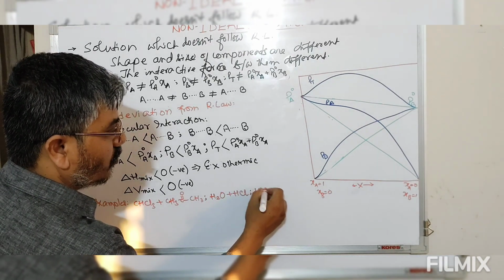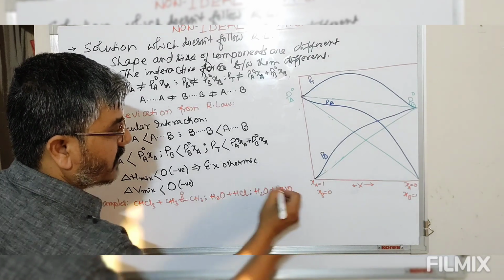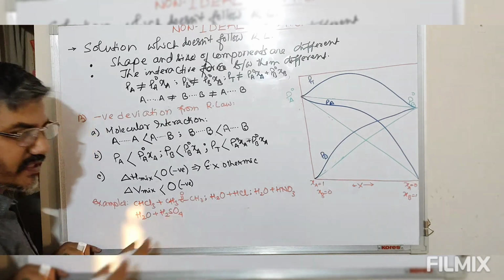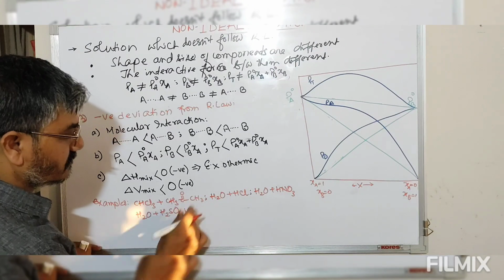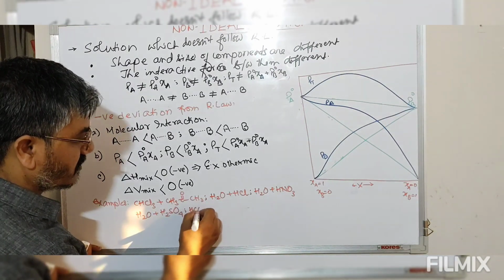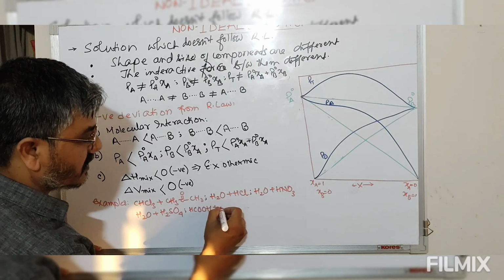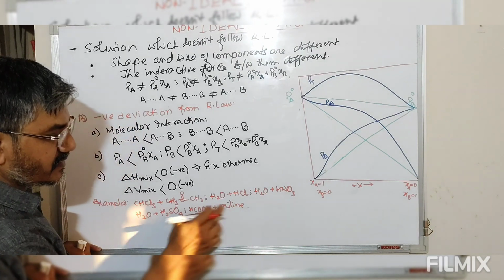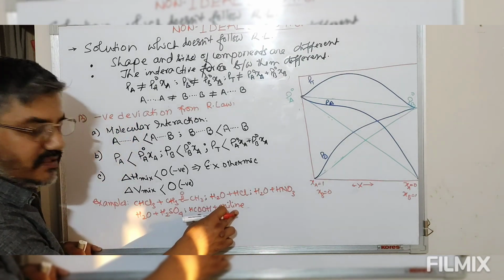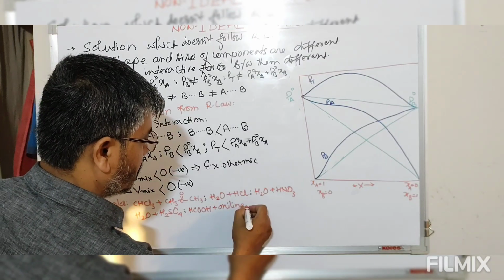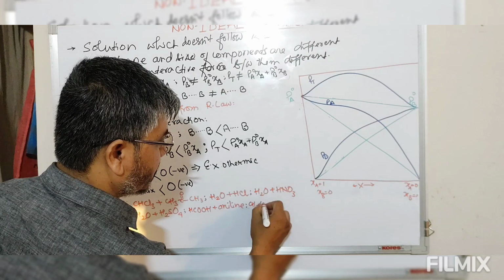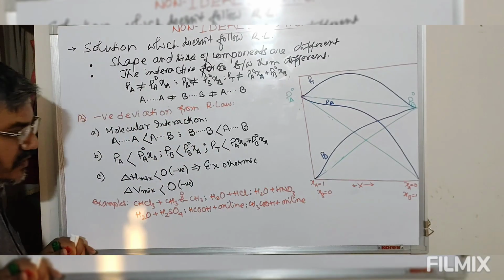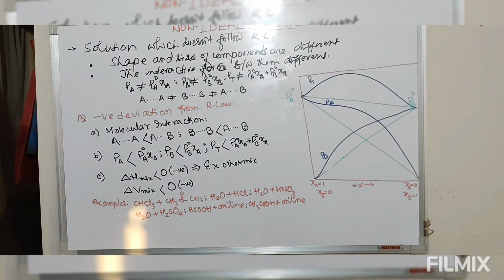Similarly, we can take water plus nitric acid, water plus sulfuric acid. Look at this: methanoic acid plus aniline. Now this is a weak acid, this is a weak base. So when these are mixed together, there is a stronger force between these two. Or we can have a look at acetic acid plus aniline, etc. So in all these, there exists a stronger attractive force between the components.